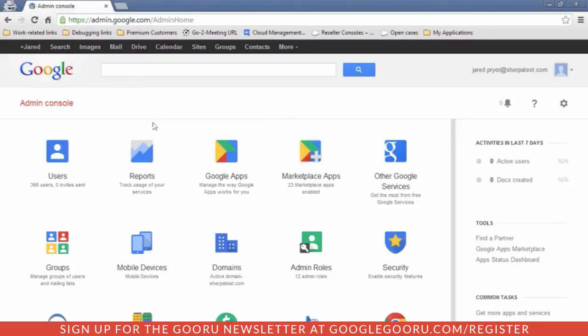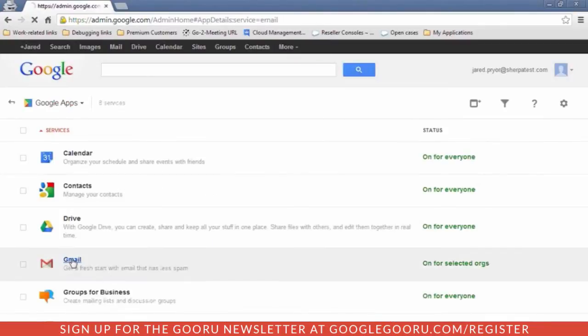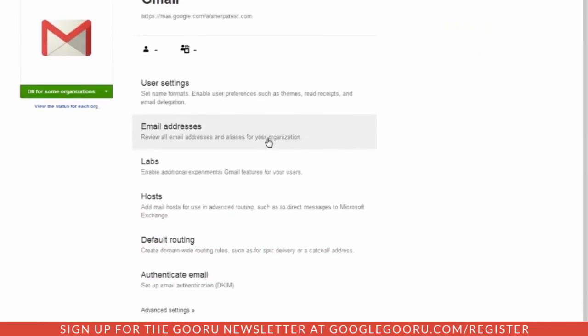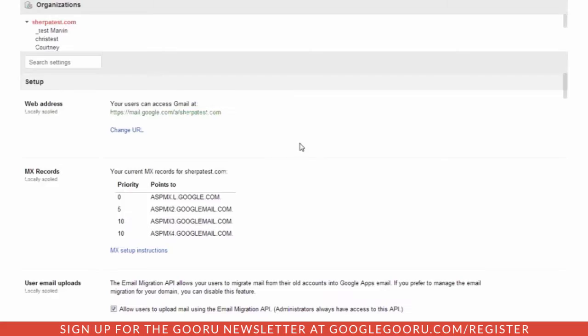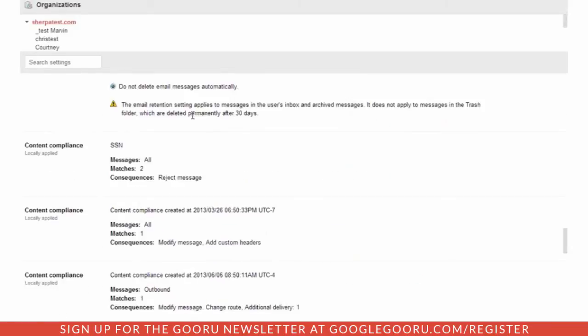done so. Next you're going to find the Google Apps button and click it. Then you're going to go to Gmail, click that. Then you're going to scroll down to Advanced Settings, click that. And then at this point it's going to look a lot like the classic control panel. If you have familiarity with that, you just scroll down until you start seeing content compliance, and we've got a